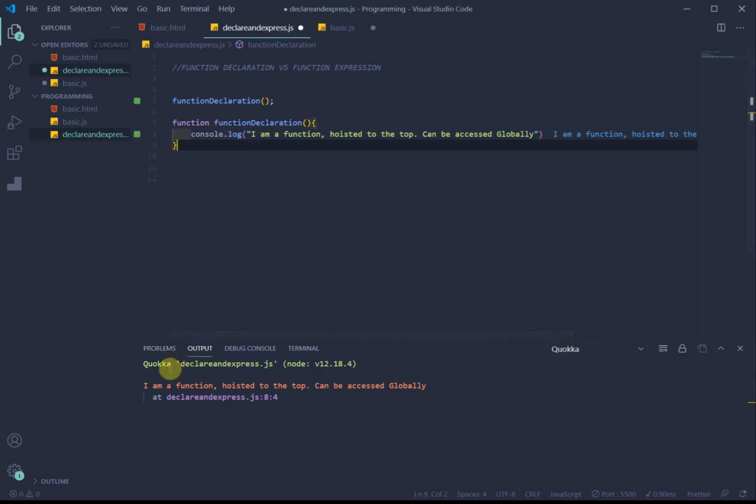Now look at this. In the console here, we're getting an output straight away, even though we're calling the function before it is declared. From the human eye point of view, it doesn't make any sense. How can you execute something before it is even made? One of the interesting things about JavaScript is that